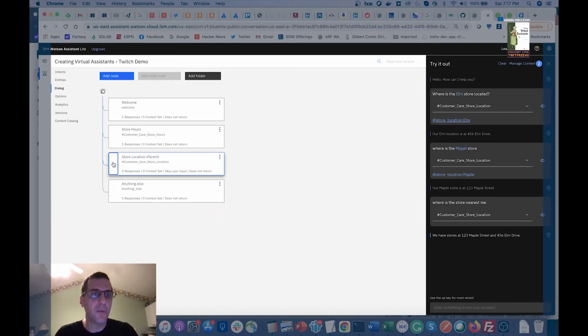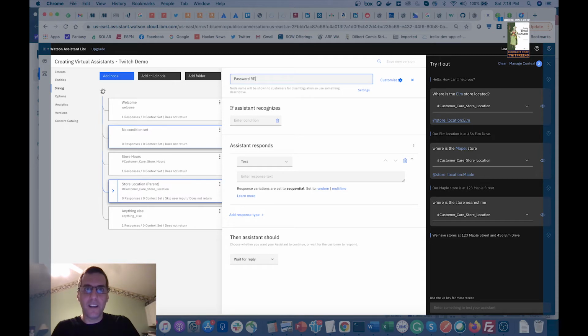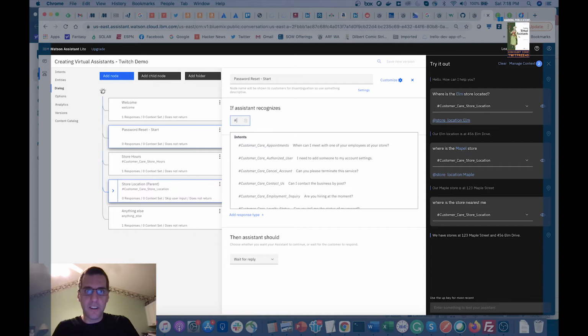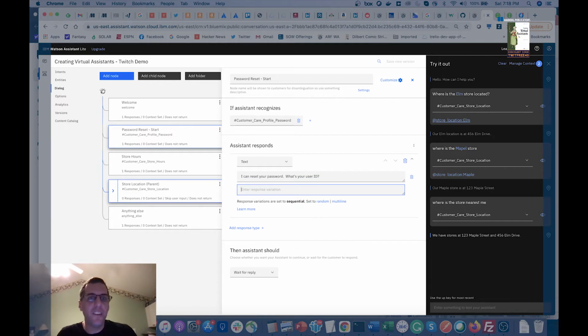So the first thing is we're going to add a node for password reset start. And we're going to call this customer care reset password. No, that's not the name, sorry. Profile password. All right. I can reset your password. What's your user ID? Okay, so we need to handle this question, we need to understand what a user ID